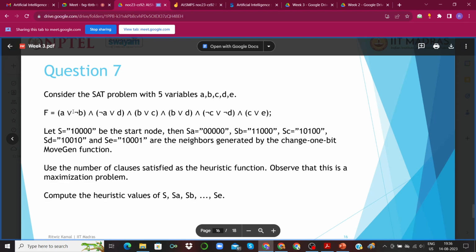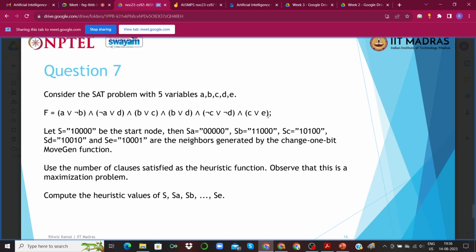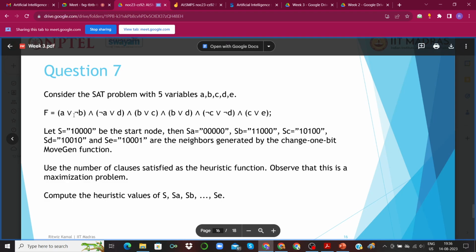And this thing in front of B over here, this is the not symbol. I think most of you would be familiar with this notation already. So basically A, B, C, D and E are 5 variables that can take values either 0 or 1. Accordingly these can have a number of configurations.